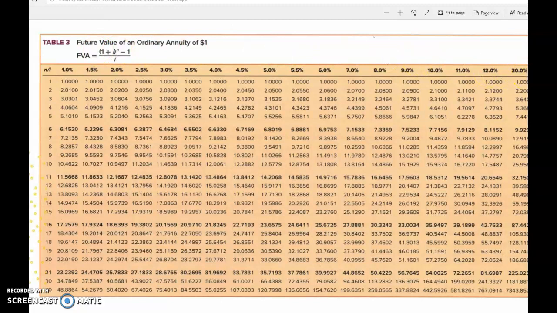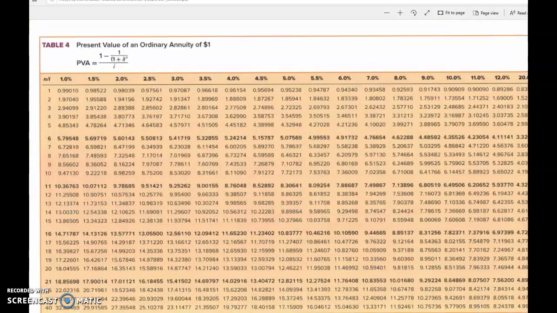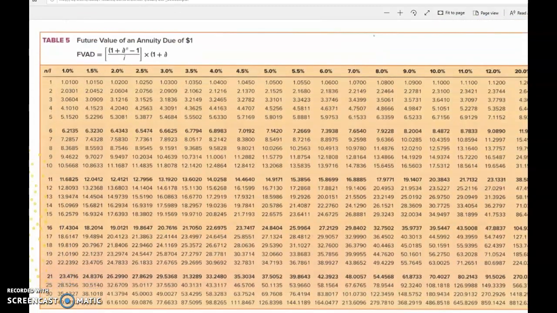This is Table 3. Table 4. Table 5, future value of an annuity due. Count down to 3 periods and across to 10%, and you have a factor of 3.6410. Multiply that times 1 of your equal installments of $10,000. 10,000 times 3.641 equals